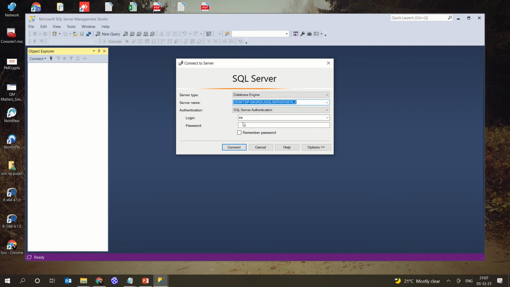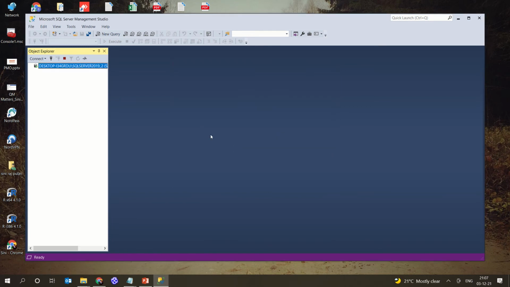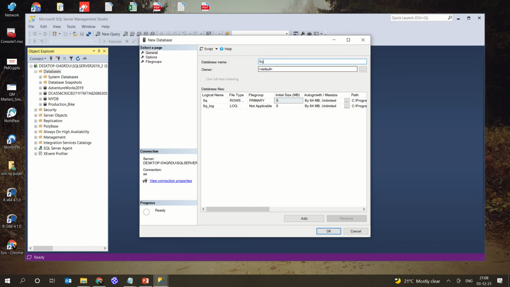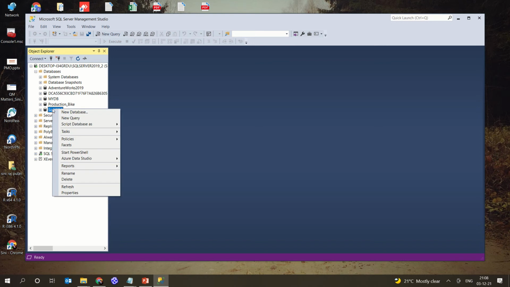And here I have opened the SQL Server Management Studio, and I'm going to connect it to the database. So the database is now connected, and I'm going to create a new database. I will give it the name SQL VS DB, and then click OK. So a new DB is created. Now I'm going to add a query to it. So I'm right clicking on the database which is already created here, and then clicking on New Query.